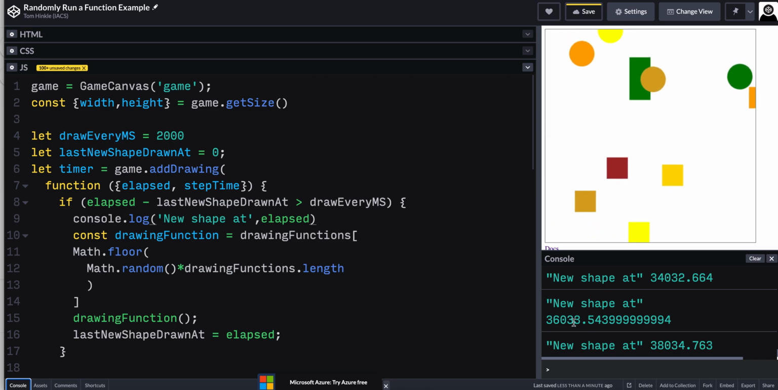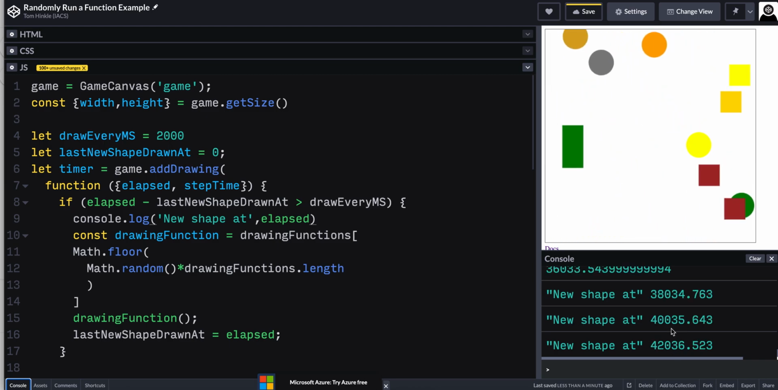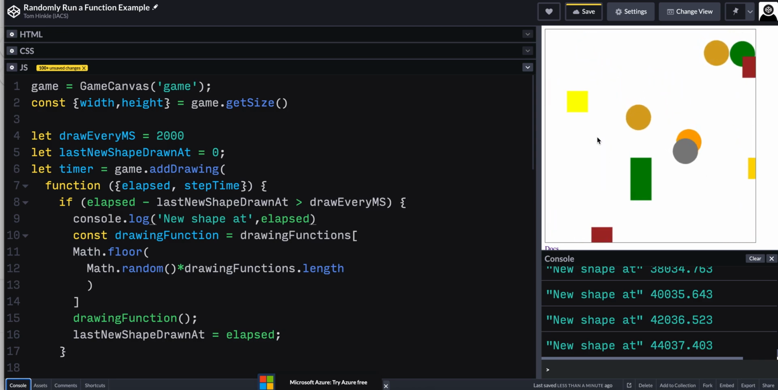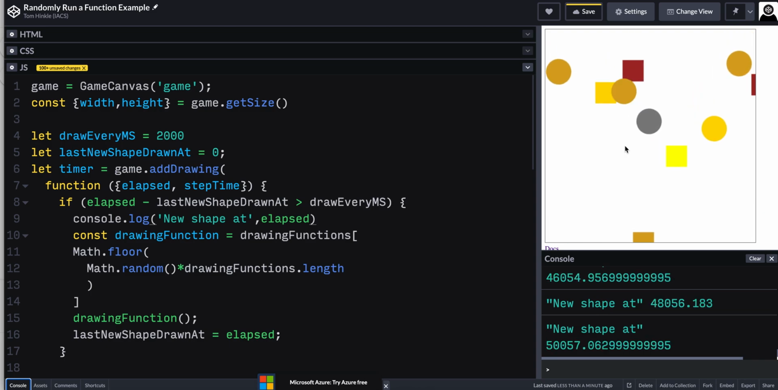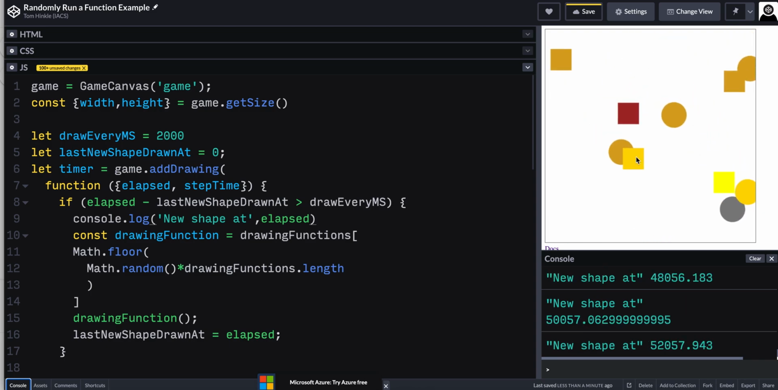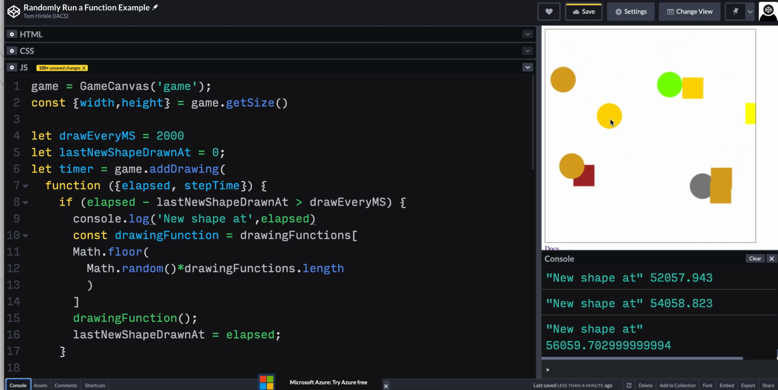Now these are running at 33, 34, 35 milliseconds. So we can see how long it actually takes the computer to get around to that add drawing function. Because remember, every animation frame, it has to re-render everything on the screen, so it's not just your drawing. So this kind of code is a little dangerous